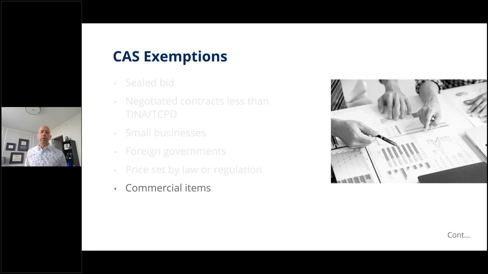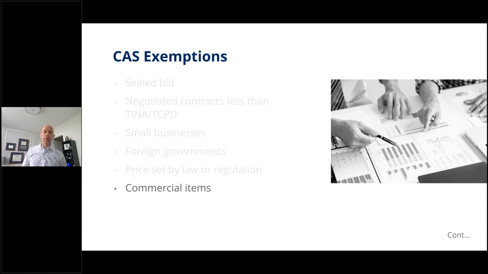When you get your award and you're filling out all that paperwork, it's very likely that, and if you're in the accounting department, hopefully they forwarded this to you and didn't try to fill it out themselves, you should have gotten a CAS document to fill out, and it has questions on there. It says, are you subject to CAS? Do you have other CAS-covered contracts? Is there an exemption? And the nice thing for almost all of our clients is that they get to check the box that says, we're a small business, so we're exempt. We have some clients that have a commercial item, so they're exempt. That's probably the two most common ones.